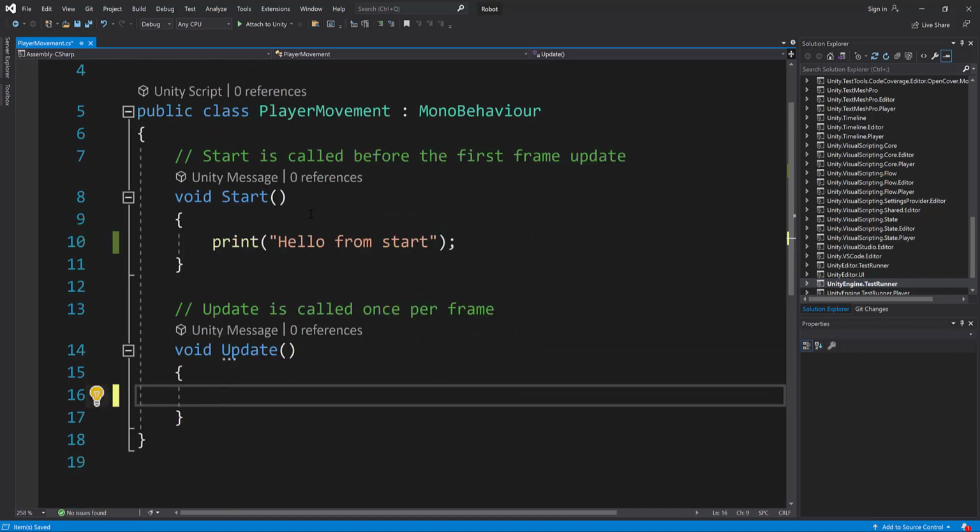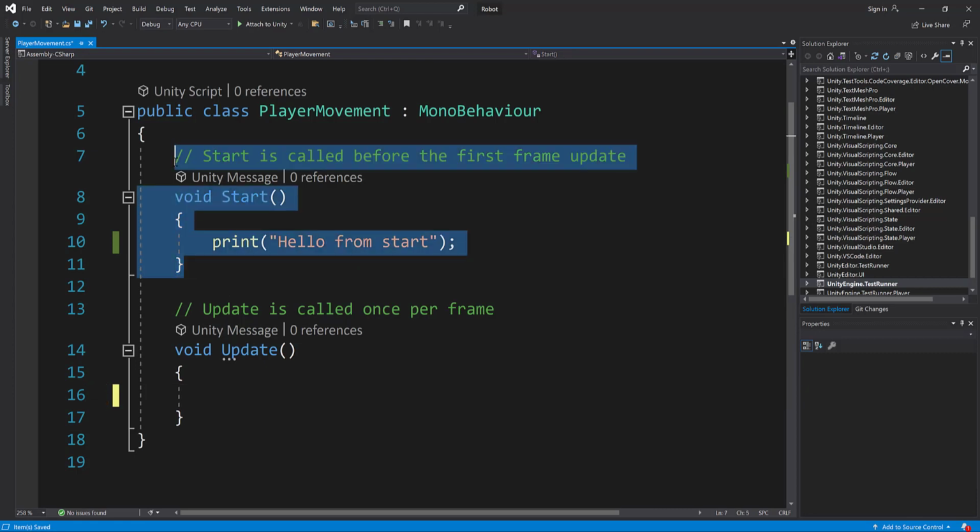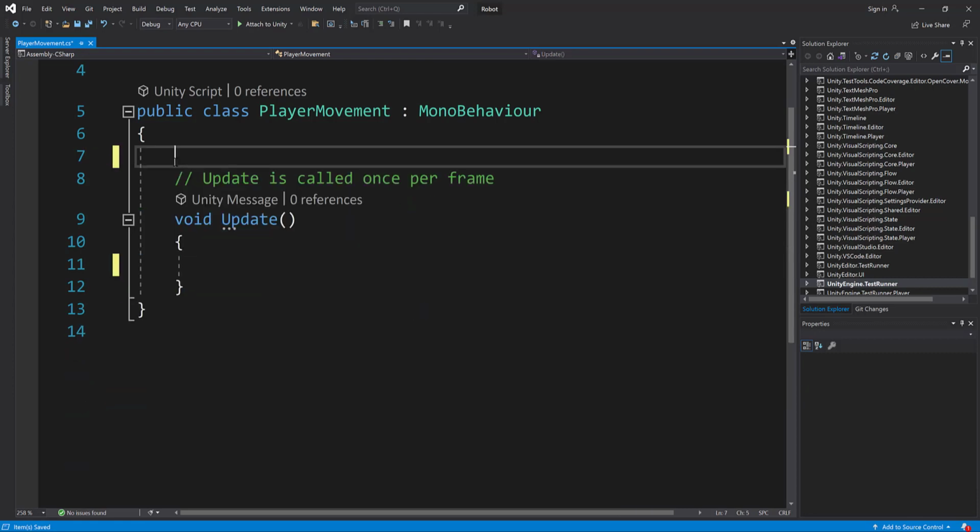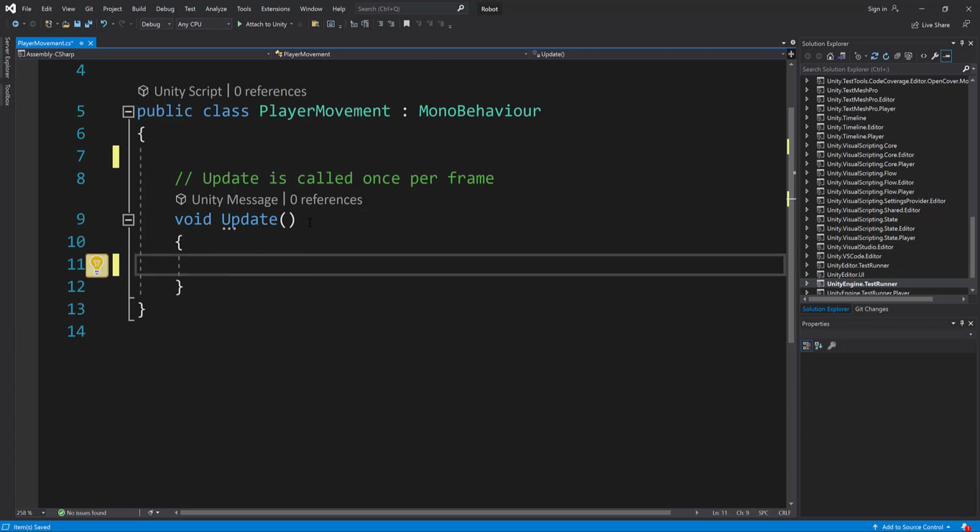So for example, say I'd like to check, so I'm going to delete start for a second, just clean this up. I'd like to check how often a person presses the key and how long they hold it down for. Well, let's go ahead and create a variable that stores the input of my A